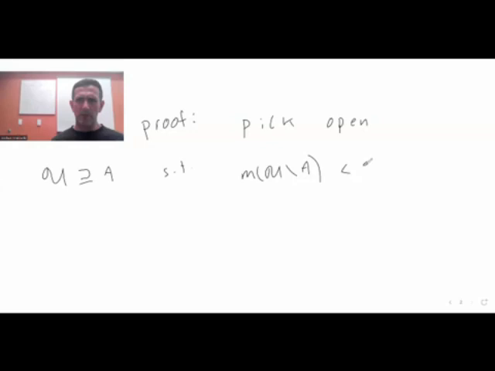It might need epsilon over 2, but whatever. Okay, so first of all, the fact that A has finite measure tells us that U has to have finite measure. Why? Well, very simply,